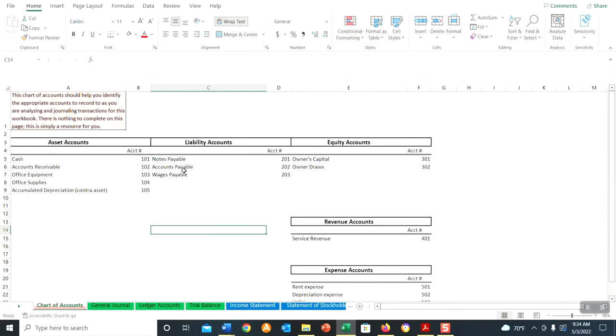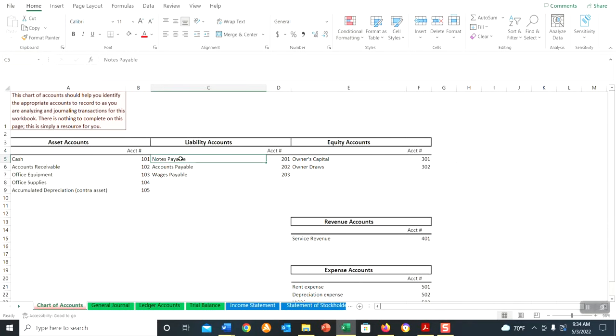We've got 3 liability accounts. We know this is not tied to wages, right? So what's the difference between notes payable and accounts payable? How do we know when to use those? Well, just to clarify, accounts payable is much more representative of a short-term obligation. So perhaps we received supplies and we're waiting on an invoice from that vendor to pay what is owed. That's an accounts payable, something that will likely be paid within the next 30 days, for instance. Notes payable is more representative of a long-term debt agreement like that note at the bank.